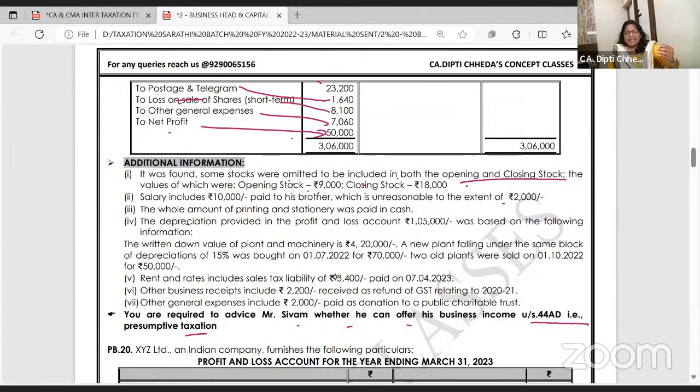So now take it. If you add more 9,000 in opening stock, what is the impact on the profit? The profit will reduce. Same way, you have omitted to take a closing stock 18,000. Now take it. Now if you increase your closing stock, GP will increase, NP will increase. Higher the closing stock, higher the GP, higher the NP, profit बढ़ जाएगा. बढ़ा दो. Opening stock को बढ़ाओगे तो profit कम हो जाएगा, तो less कर दो.